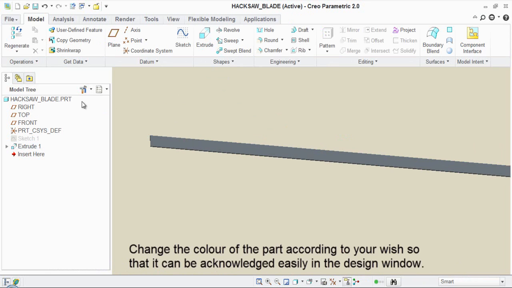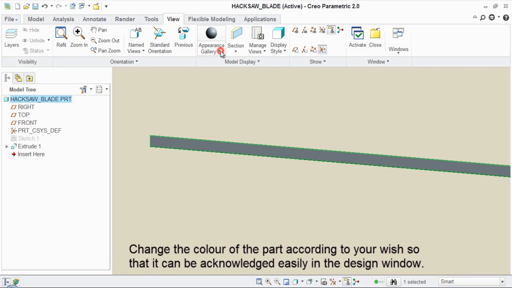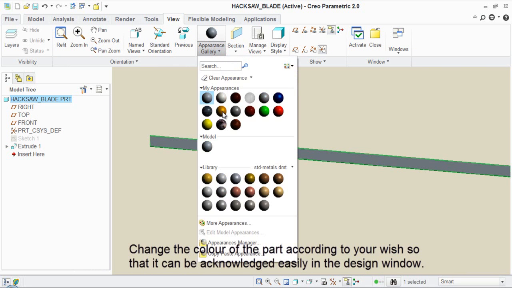Change the color of the part according to your wish so that it can be acknowledged easily in the design window.